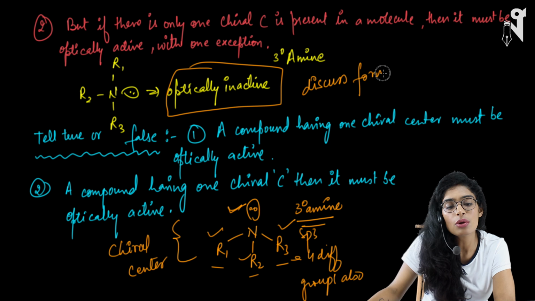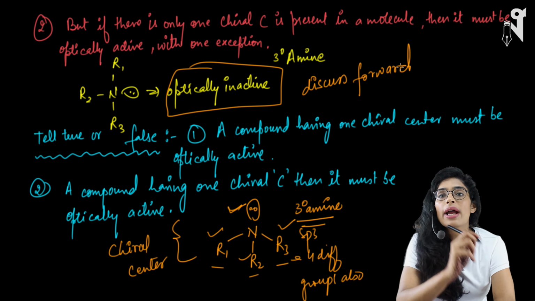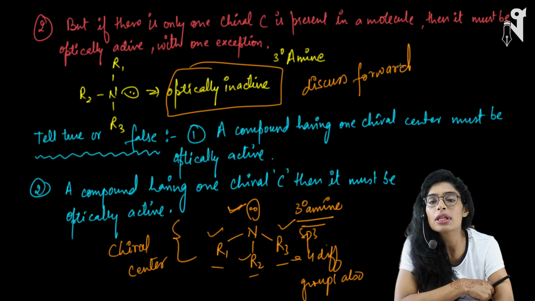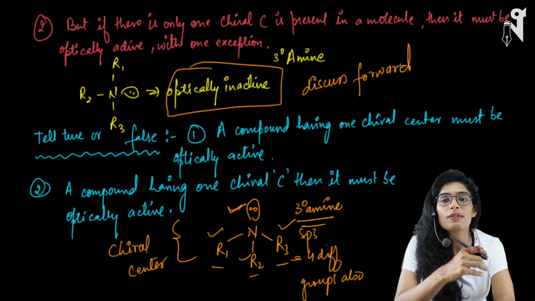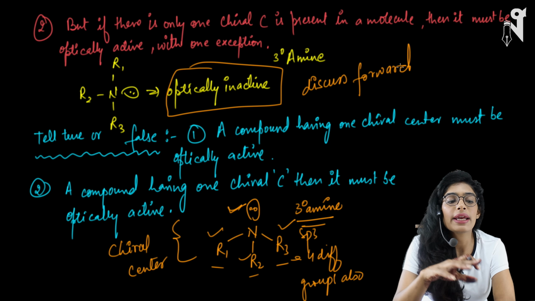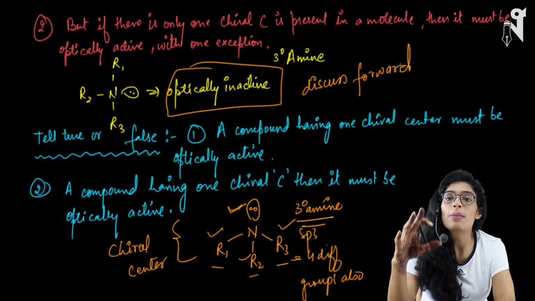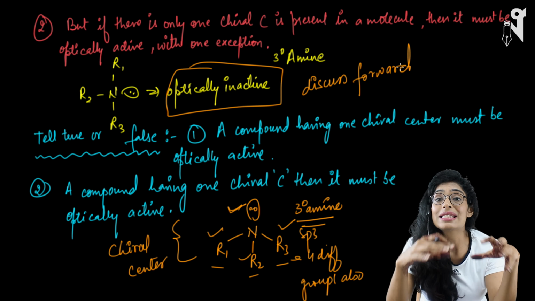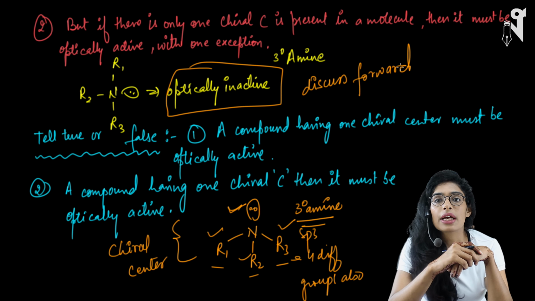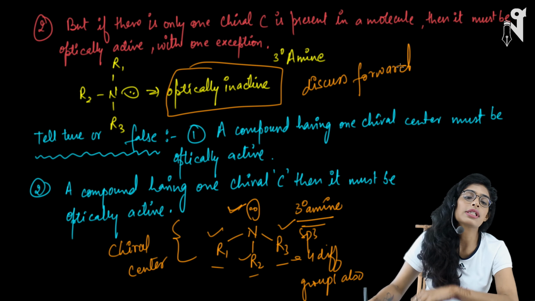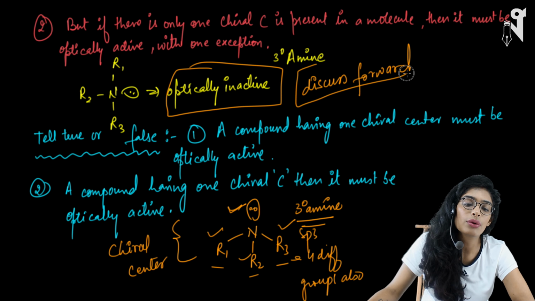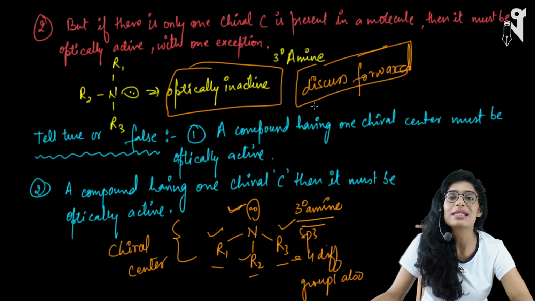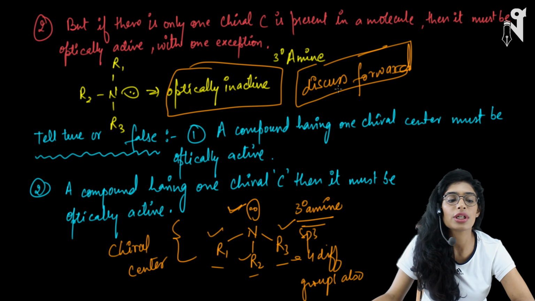So you just note it down right now as an exception. Why does that happen? I have to discuss in the further classes. So this we will be discussing in detail, why exactly this nitrogen, when passing both the criteria which are required for a chiral center, is still giving you an optically inactive compound. We will discuss it in the next few lectures once you get a better understanding about optical isomerism. Till then, treat it as a fact.